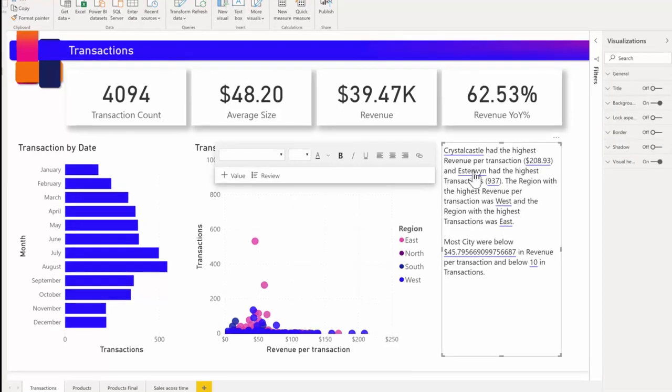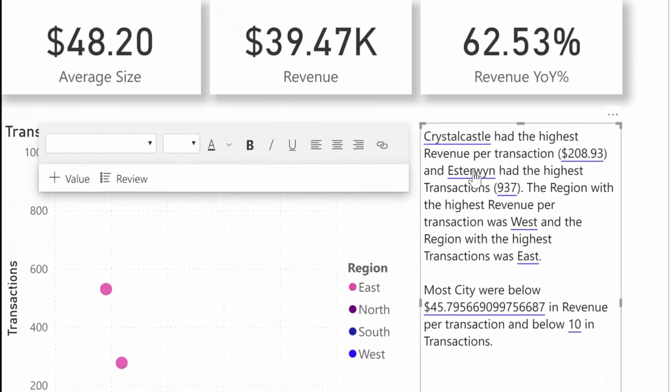visualization. Power BI analyzes the data and shows which city and region has the highest revenue per transaction and the highest number of transactions. It also shows the expected range of values for these metrics. For example, you can understand that most cities were below $45 in revenue per transaction and had less than 10